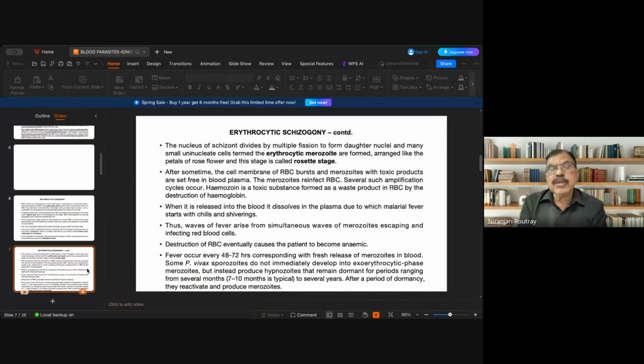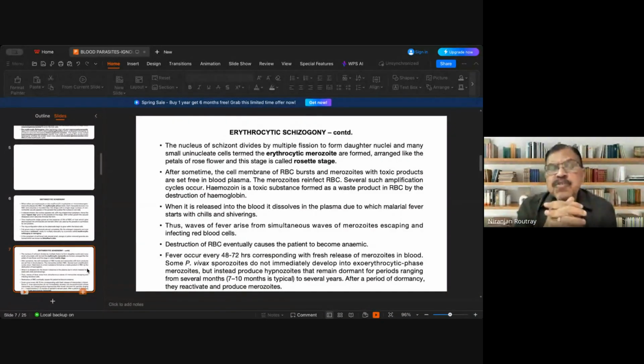Fever occurs every 48 to 72 hours, corresponding to the species that the person has been infected with. Sometimes it does not follow the quartan or the tertian pattern, because a person may be infected simultaneously with two or more species of Plasmodium, so each will continue. Or the same species may infect within a gap of certain days, so that will continue. So remember, the occurrence of the fever coincides with the release of hemozoin granules into the blood of the host.